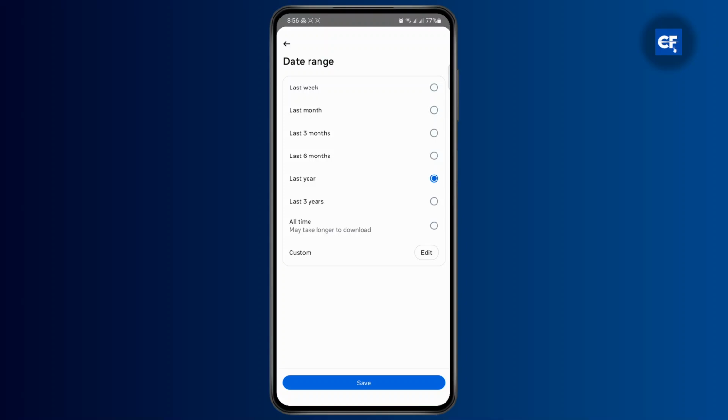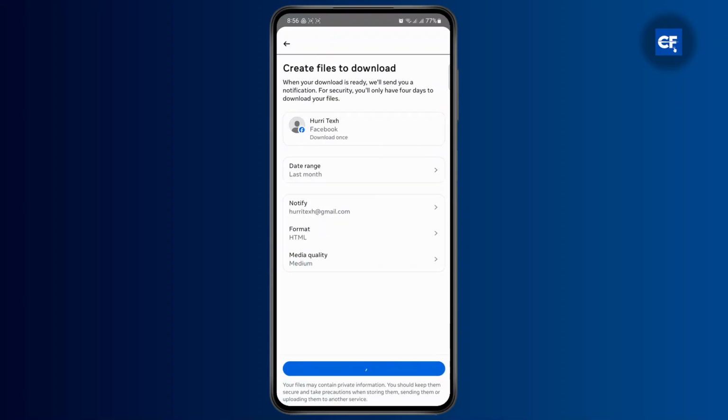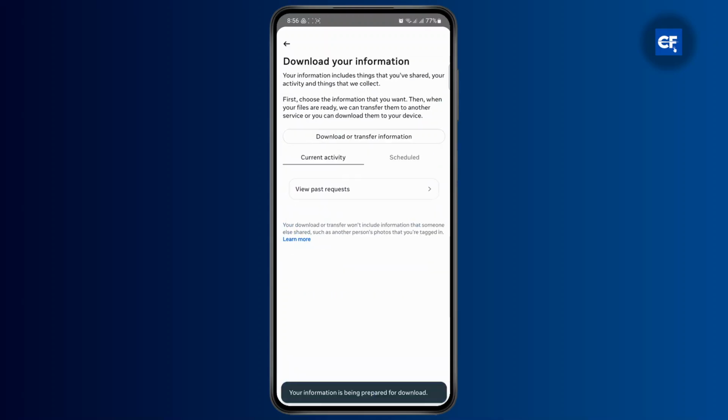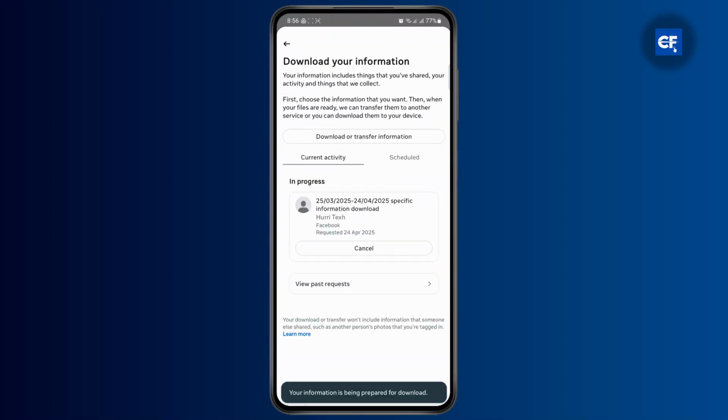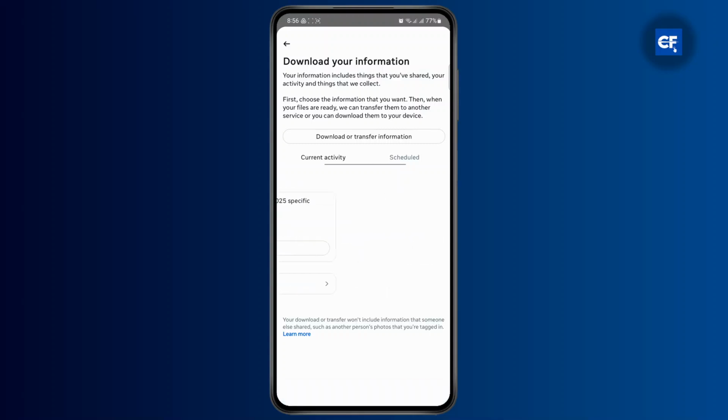Once you are on this page, download to device, you're going to select a date range. So let's say if I want messages from last month, I'm going to select this. And then from here, what I'm going to do is tap on save. Now, once that is done, tap on create files and your request will be submitted to Meta's help and support team. Now, once your request is verified, you should be able to get the download option here instead of cancel,